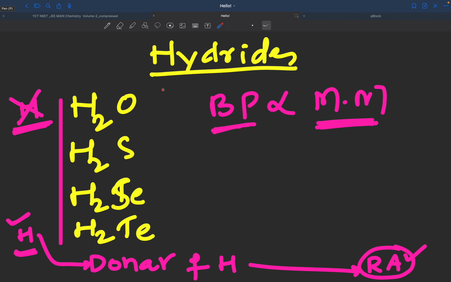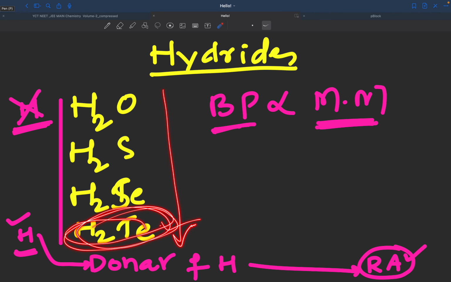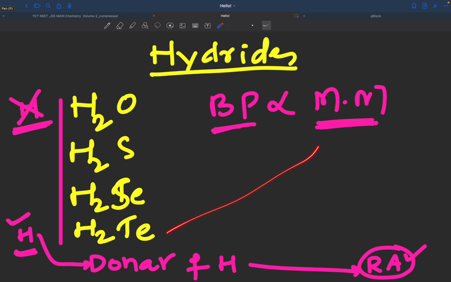Tell me. Which one should we expect to have the maximum boiling point? This one should be expected to have the maximum boiling point, right? So when you take this molar mass into account, hydrogen telluride has got the most. But the thing is, water has got